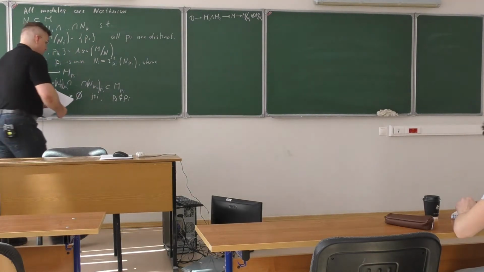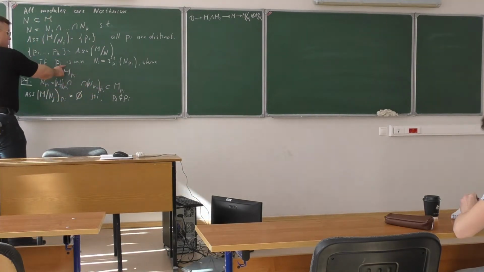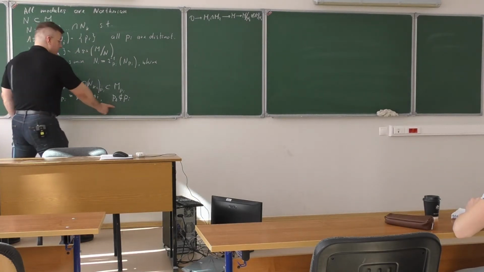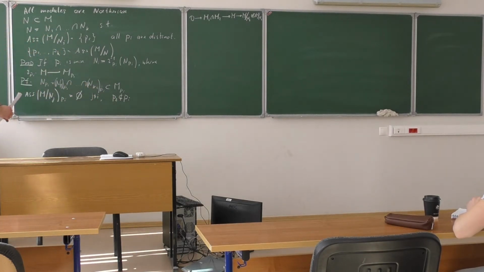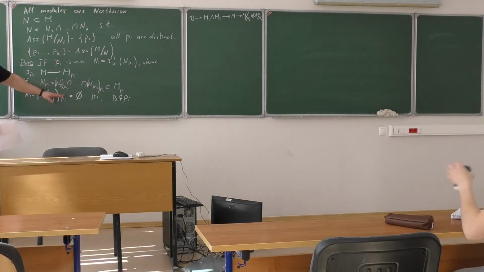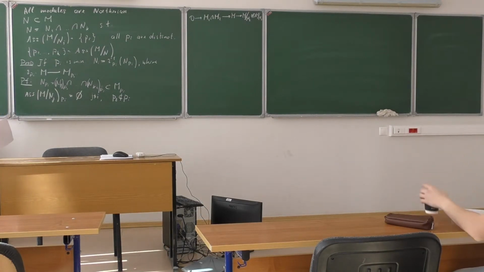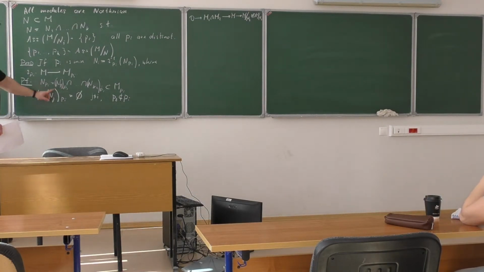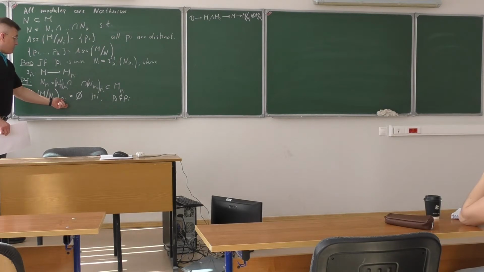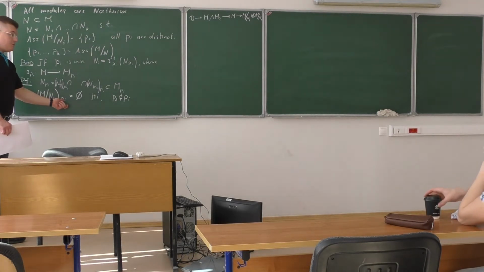Right? So since this pi that we consider is minimal, if j is not equal to i, Pj is not inside pi. And then you can just compute the associated primes of the localization using the formula. Remember that for the localization, the associated primes is the same thing as the intersection of the associated primes of this module, which is just Nj, with the spec of the localization of the ring. And in the spec of the localization of the ring, this will be prime ideals sitting inside pi.